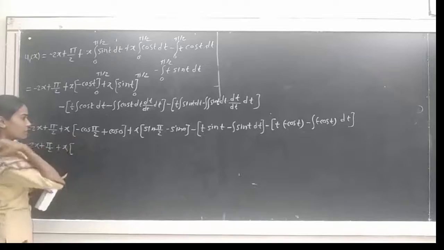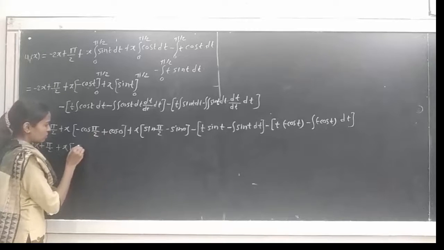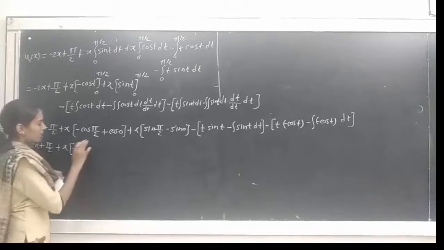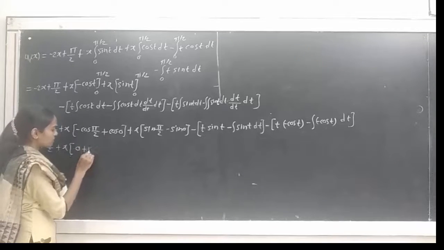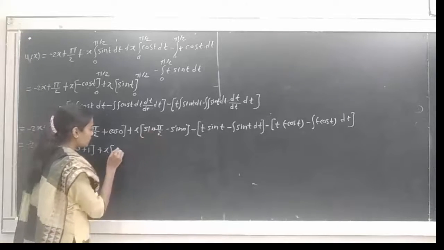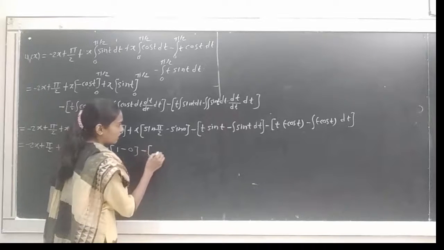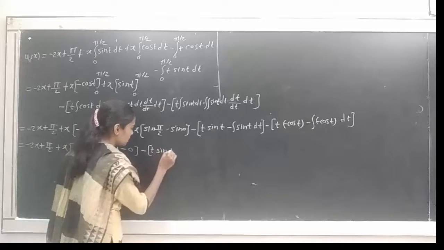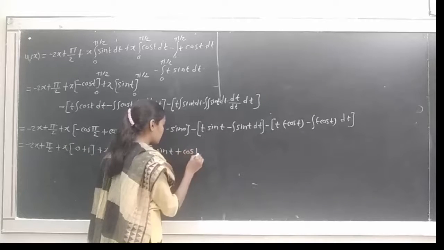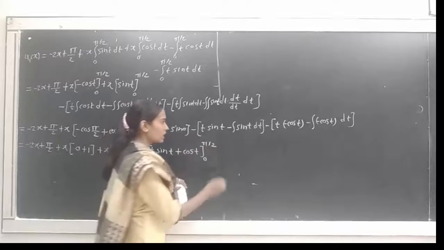Here we know the value of cos of pi by 2, minus cos pi by 2 will be 0, so we get here 0 minus 0, we cannot write minus 0, so we write 0, cos 0 will be 1, that is plus 1 plus x in bracket, sin pi by 2 will be equal to 1 minus sin 0 will be 0, minus in bracket t into sin t will be as it is, minus integration of sin t will be minus cos t, so minus minus becomes plus, then we get here plus cos t, and we write here limits from 0 to pi by 2, okay, then minus